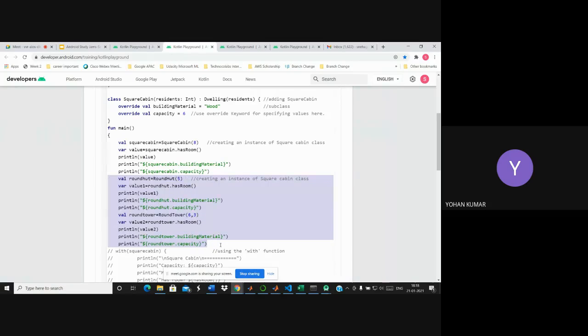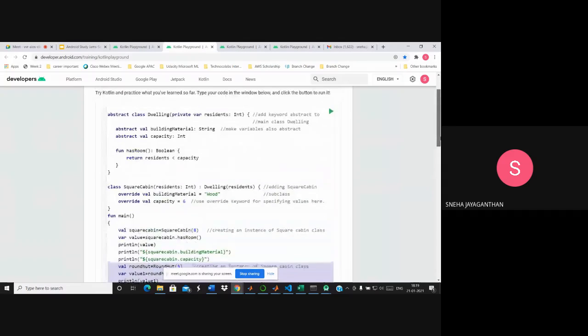Abstract class is kind of like a framework, right? Yeah, it's a framework. Its functionality is defined inside Kotlin, so you just have to use the abstract keyword. It just tells Kotlin to not give any value to it, and the value will be given at the end inside a subclass. Like if we want to use the same data, different data but of the same kind, then we can use this, right? Yeah, exactly. Okay, okay.